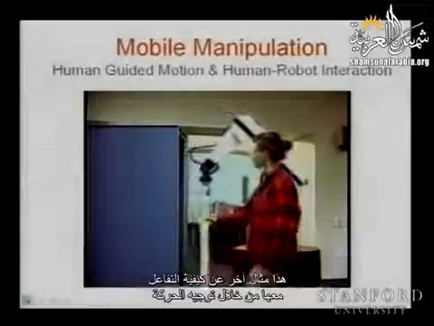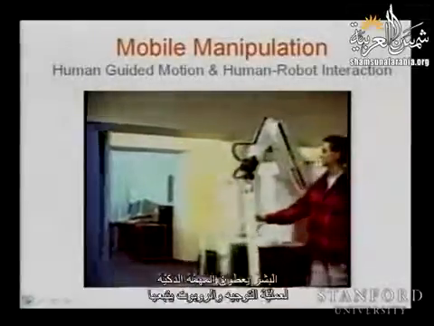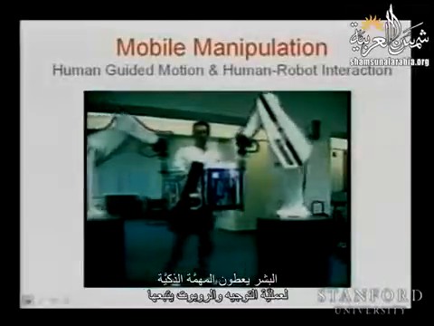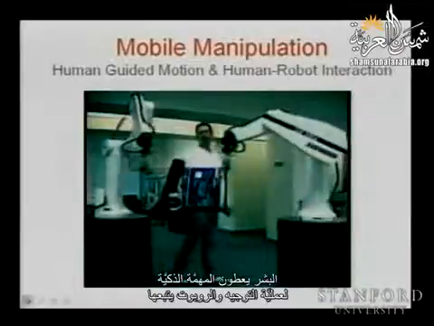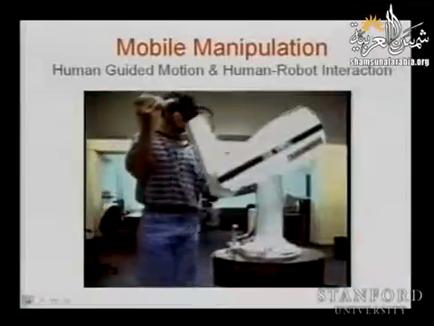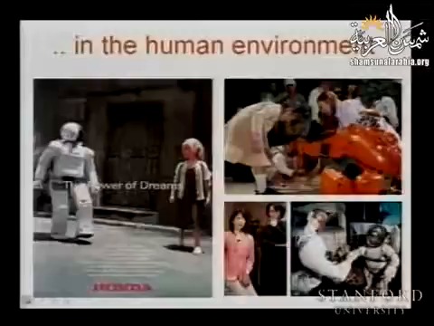Here is another example of how you can interact with them by guiding the motion. So the human is giving the intelligent task of the guidance, and the robot is following. And this is basically, oh, and Alan is dancing. Okay, so